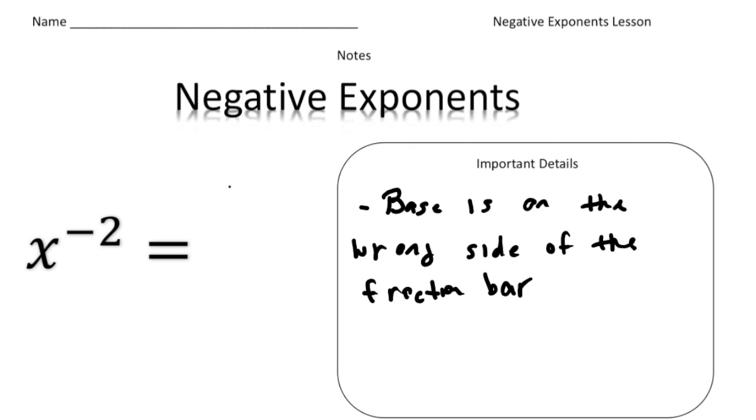Alright, so over here we have x to the negative 2nd power. Again, I referred to a fraction bar, so let's draw the fraction bar. It'll be over 1. And what we can do is take this x to the negative 2nd power and bring it down to the other side of the fraction bar. So this will put a 1 on the top over x squared. No matter what x is, now instead of it being in the numerator, it's down in the denominator. Alright, so if you turn the page,